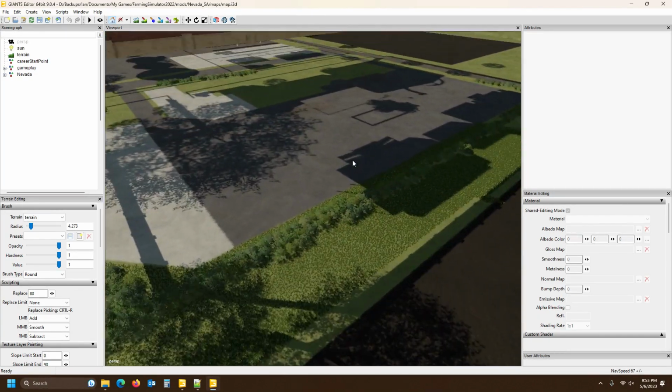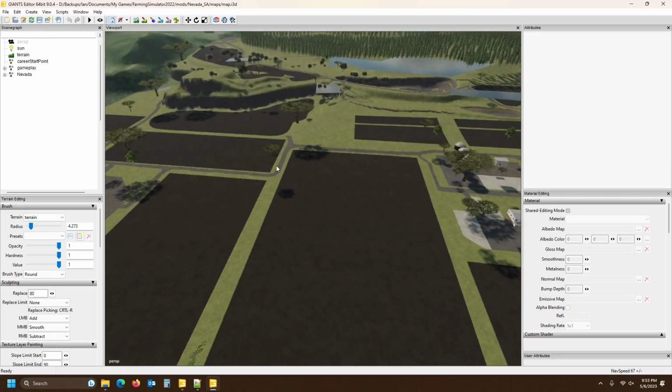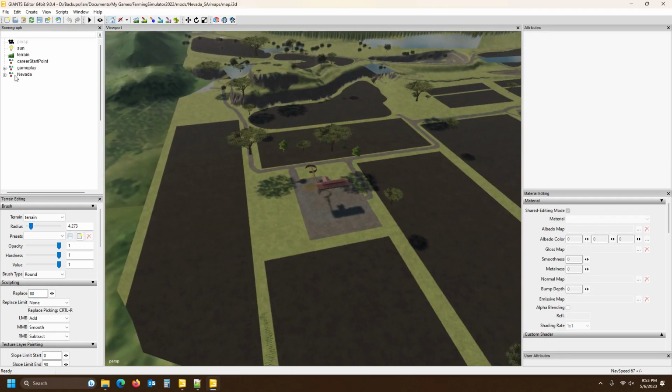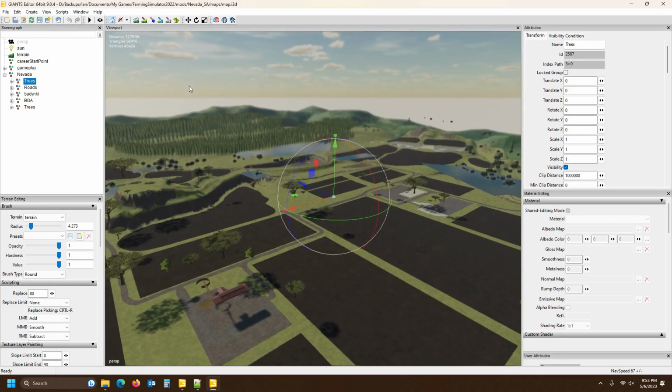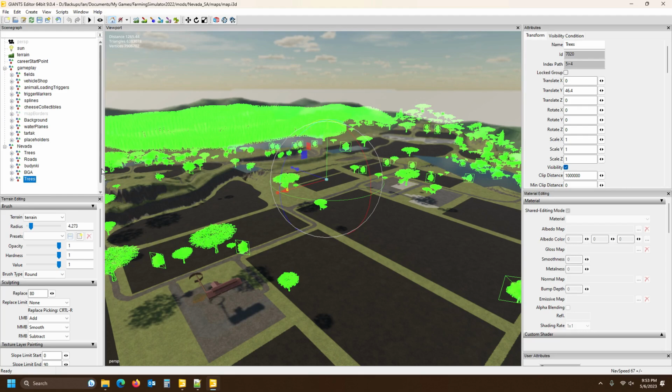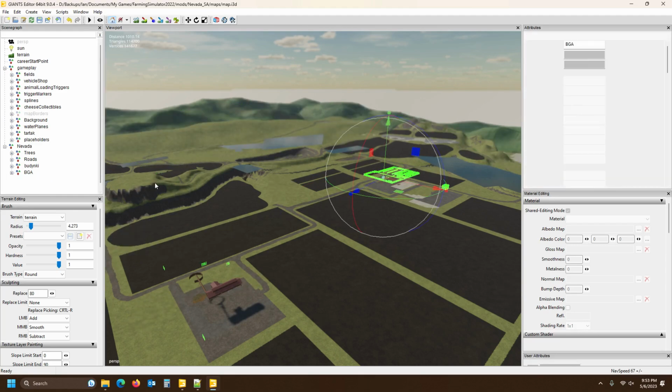And now all my buildings are in the air. Everything that I've placed so far. Oh my word. Okay, that should be an easy fix. The trees in gameplay, where did I put the trees? Here we go. Those trees I can just delete. The BGA,